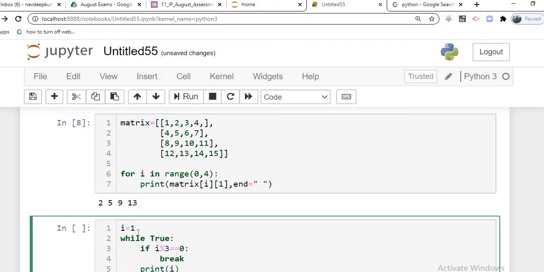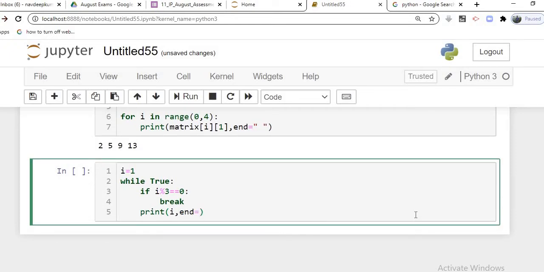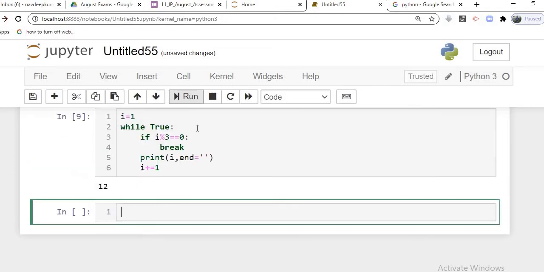and then end, without any space, and last is the counter i plus equal to 1. So you just run this code and you see this is not 12, basically this is 1 and 2, because first the value of i is 1